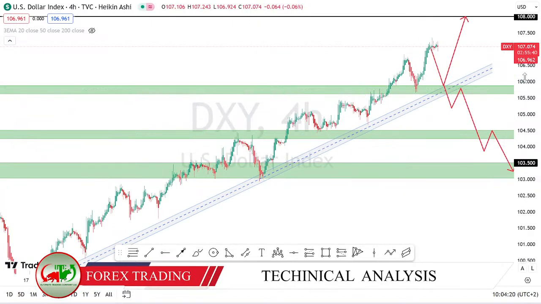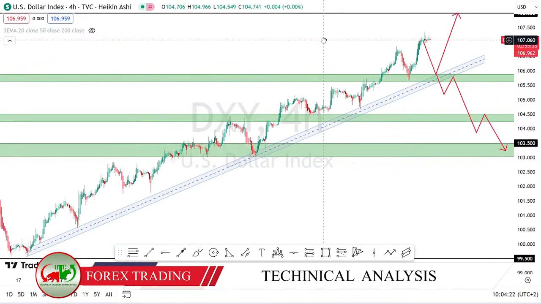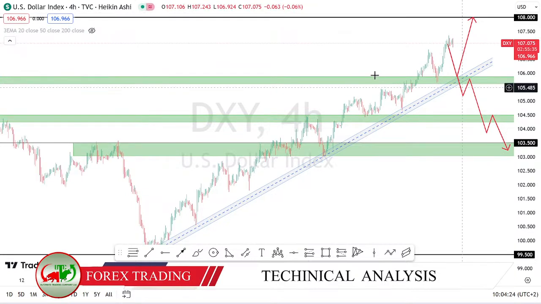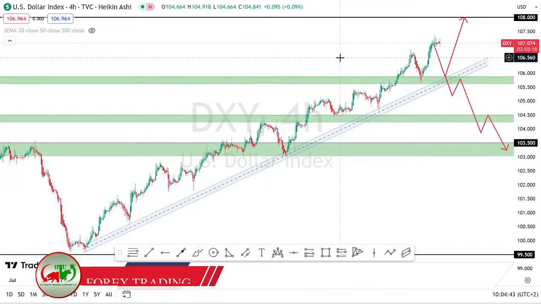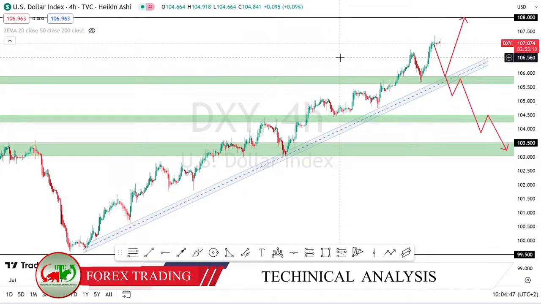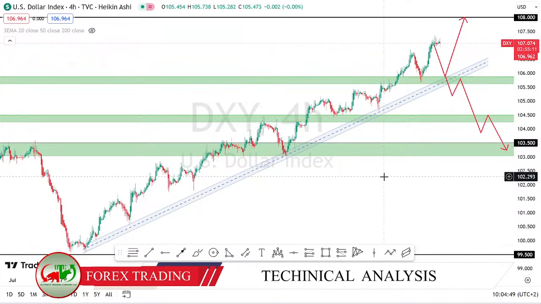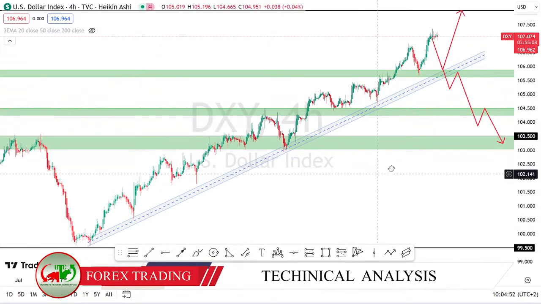And if you are a consistent forex trader, you know that the market is moved by two factors: fundamentals and the sentiment of the traders. That is why we always begin with the fundamental analysis of the DXY. Since the DXY is the reserve currency of the world, it will tend to influence the movement of all of the markets. So without delay, let's start with the technical analysis of the DXY.